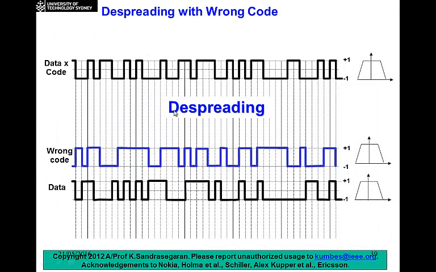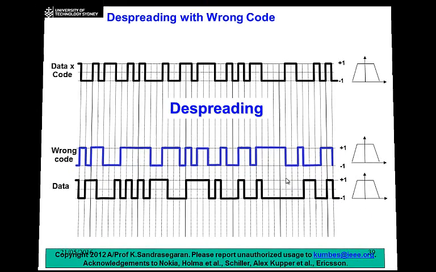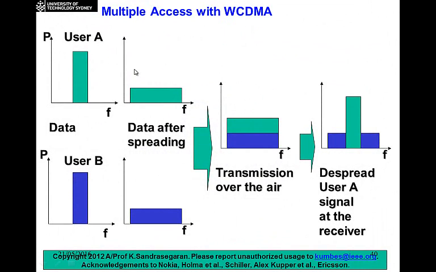So this illustrates the case when you don't use the correct spreading code at the receiver. If you multiply the received signal by the incorrect code at the receiver, you'll still end up with your wideband signal, and that is of no use for the purpose of communication. Okay, so just to recap,